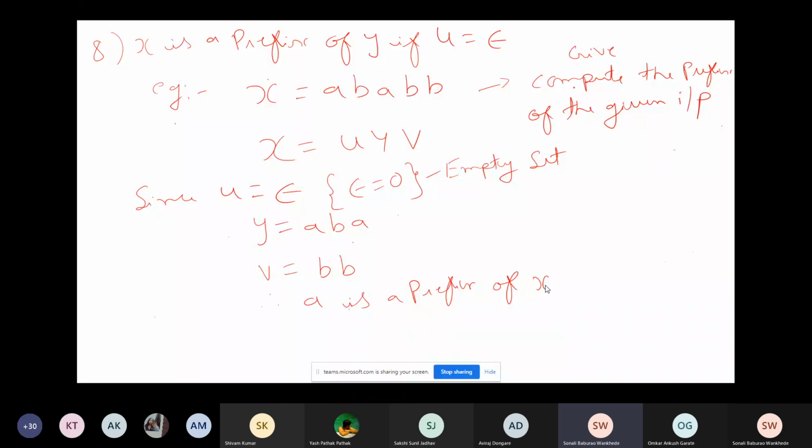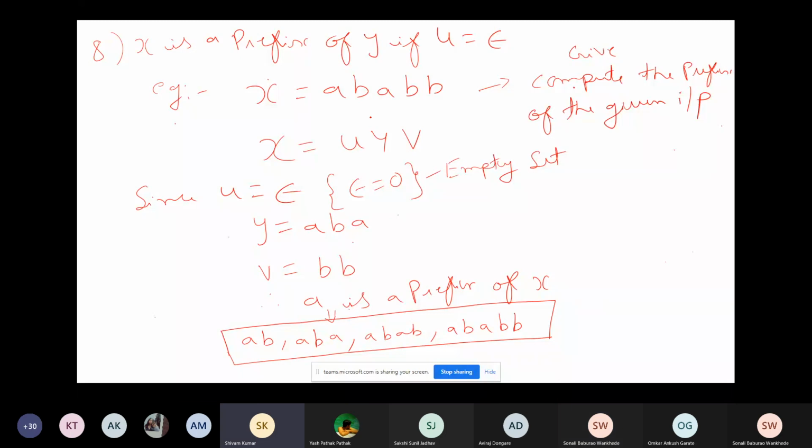So over here, you can write it as AB, and this is a set of strings, whatever I'm writing here. You can write it as AB, ABA, ABAB, and it can also be ABABB. These are all the prefixes, all the values when A is a prefix of X. These are the values which you will get. Are you getting this?